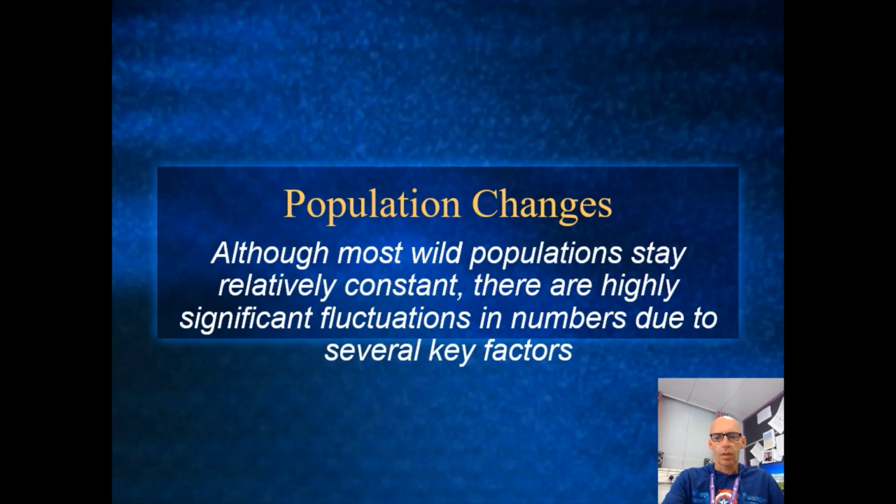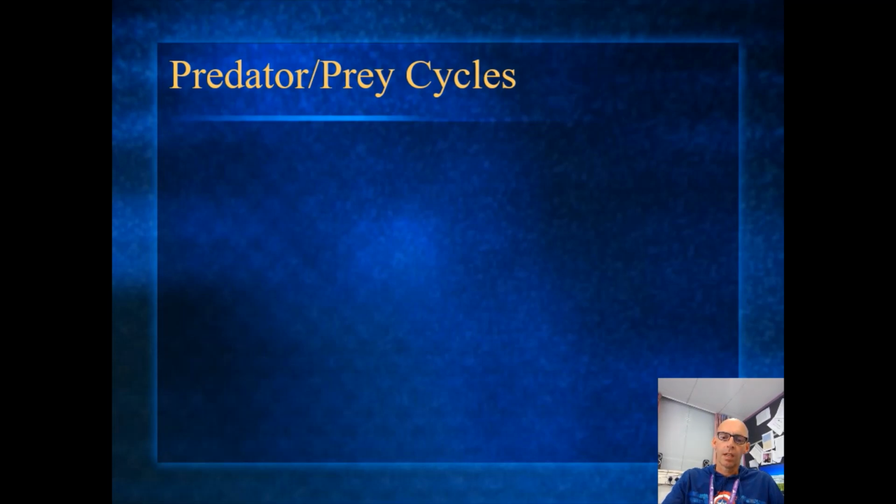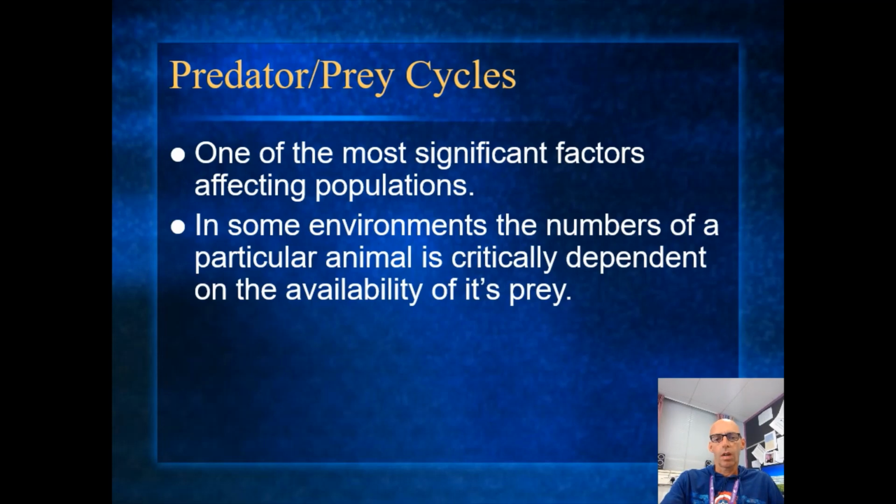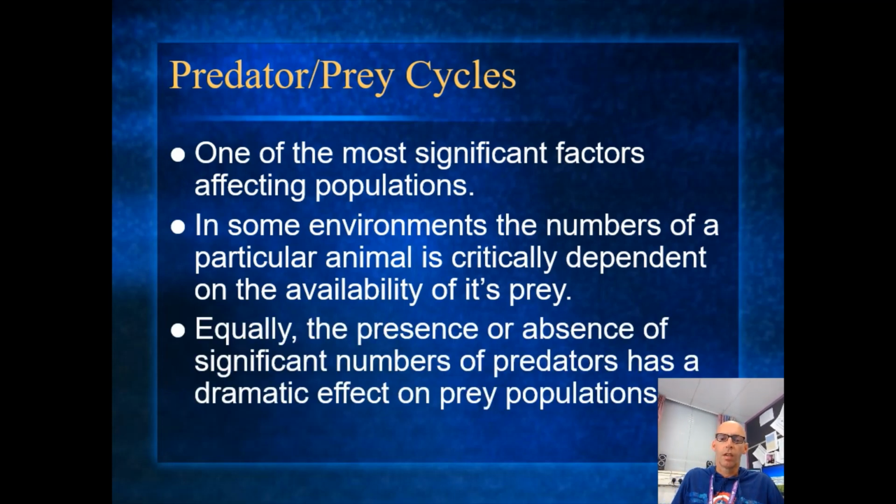Okay, so in reality, sometimes the number of an organism, the population of an organism, will stay fairly constant. However, what we find is a predator-prey cycle. So when there's lots of your prey available, if you're a predator, then because you've got more food to eat, your numbers will increase. But as your numbers increase, the problem then is that there's more of you as a predator, and therefore your prey goes down.